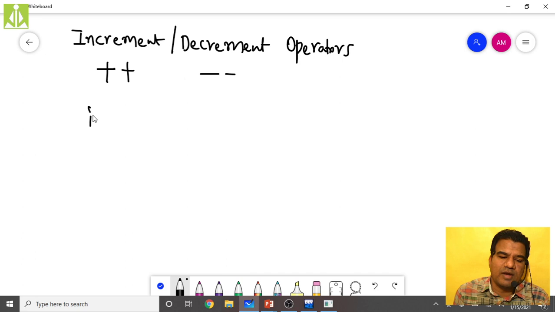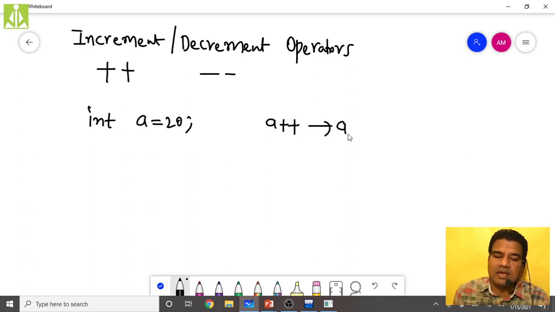Let us assume I have an operand, int a equals 20. Doing a plus plus is the same as a equals a plus 1, and doing a minus minus is the same as a equals a minus 1.